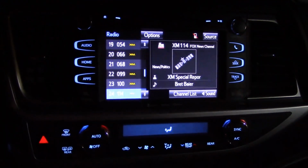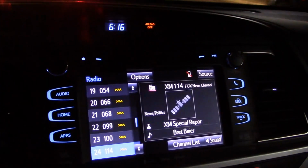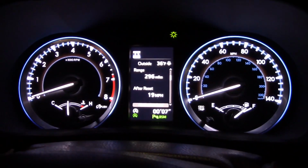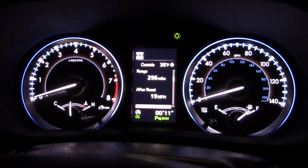Highlander, pretty cool. And checking out the night look on the Highlander, and it is very elegant. Excellent. Everything looks good. Right down to the Highlander outside of the car. Really, really cool. So the heat just got shut off, and the engine just got shut off because it utilizes